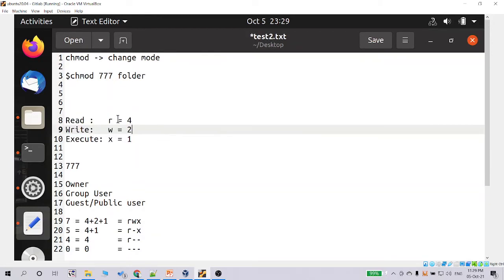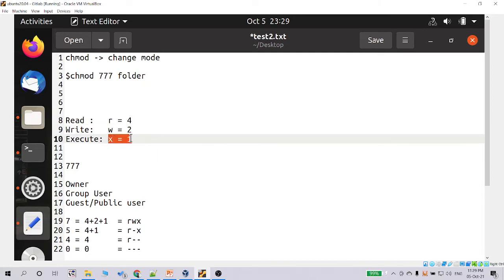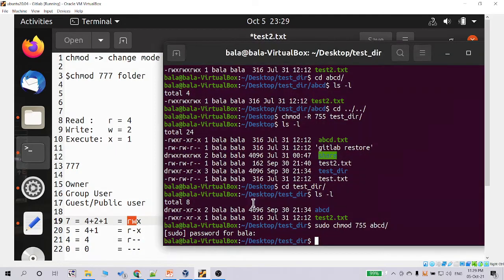Read permission has the value 4, write permission has the value 2, and execute permission is 1. So now we can easily identify the RWX. RWX is nothing but 4 plus 2 plus 1: read, write, and execute. So here you can see read, write, and execute for the first 7.